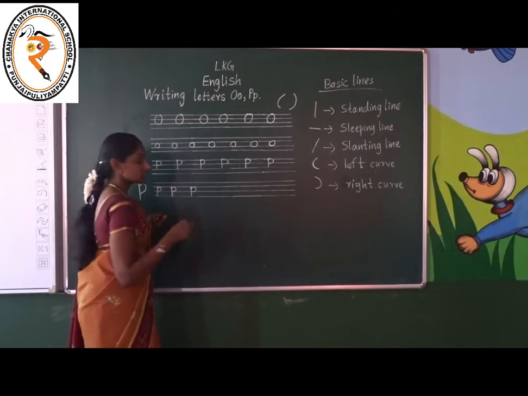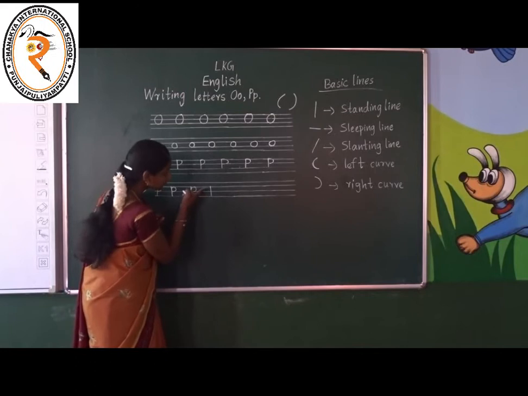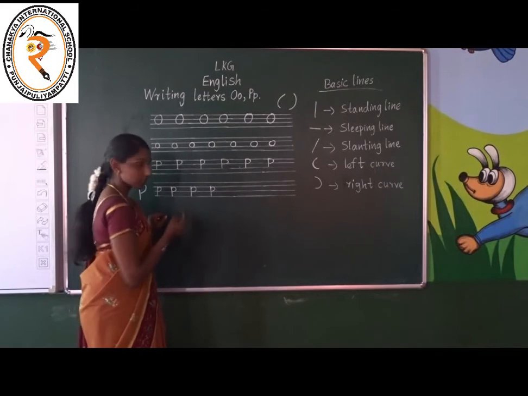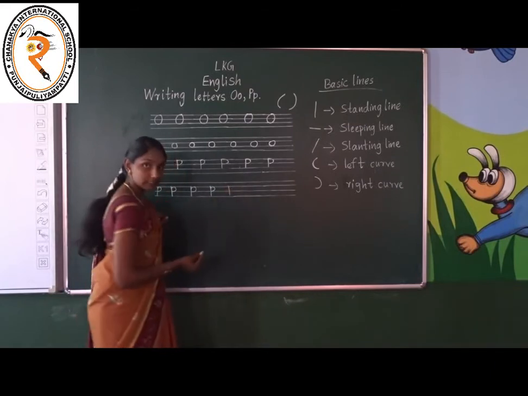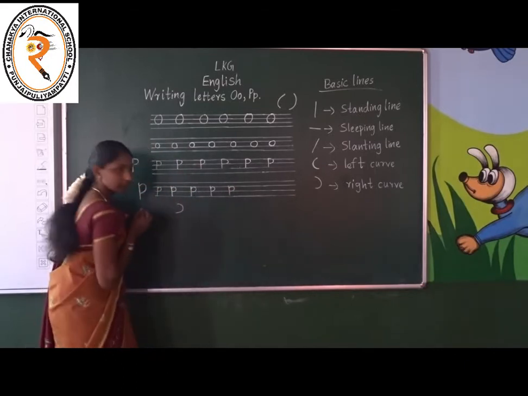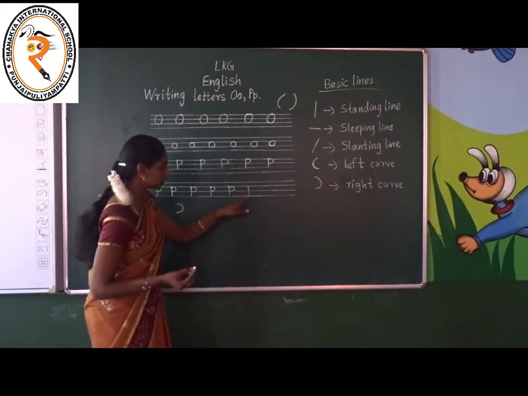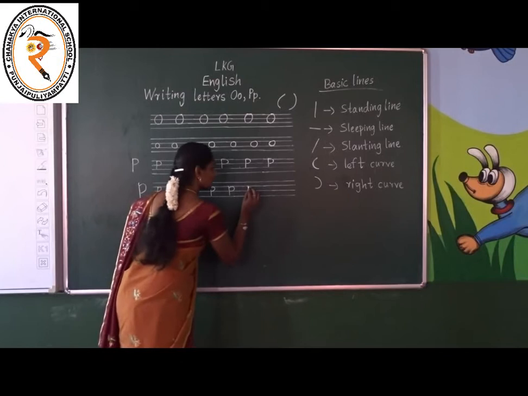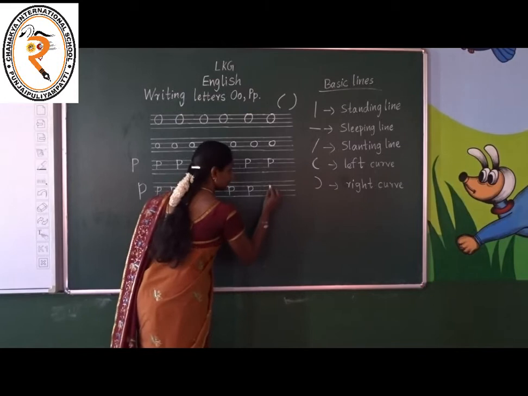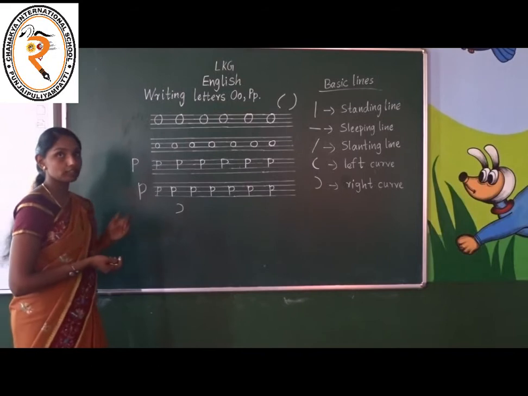Very good. Children, open your mouth and say the letter P and write standing line, 2nd line to 4th line and put what? Right curve. This is small p. Standing line and right curve like this. Okay. Very good. Standing line, where do we start? 2nd to 4th. Okay. And again we start from here and put a right curve. Standing and right curve. Children, are you all clear with the capital and small letters O and P?